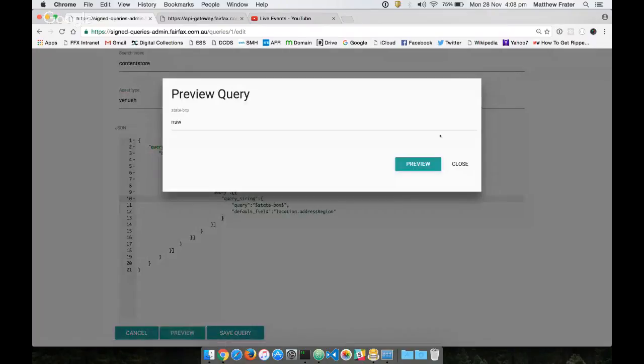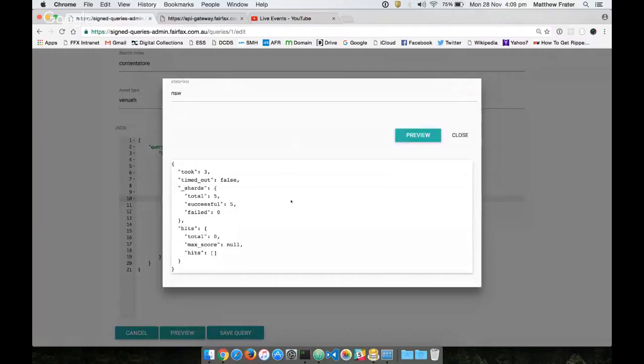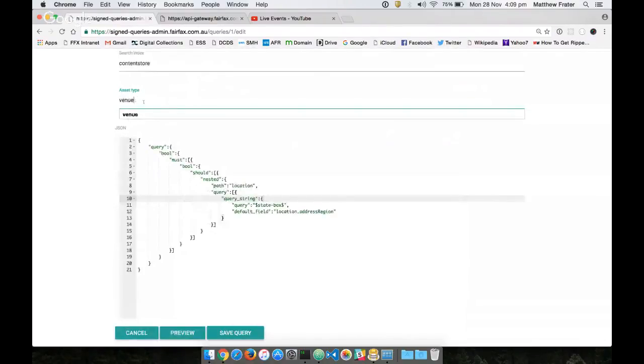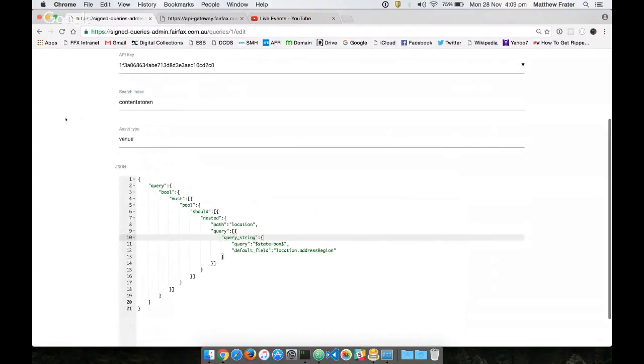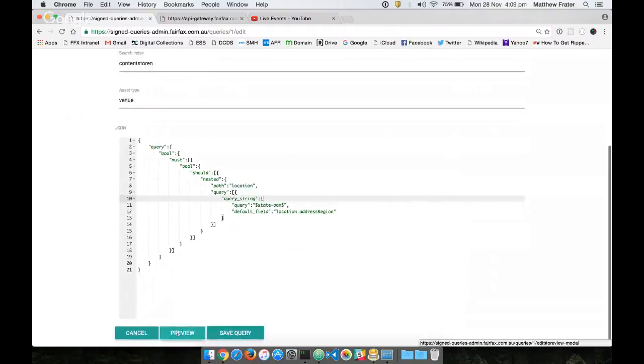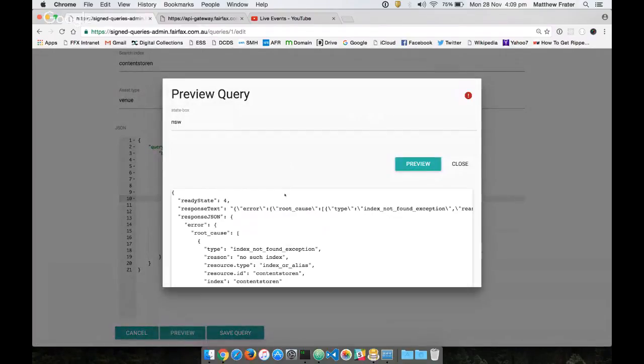Now, obviously, because this contacts Elasticsearch directly, if I mistype things, let's say I have a character on the end of venue, I preview that. Now that is going to bring me an empty data set back because there's no asset type called venueh. Likewise, if I get my search index wrong, there's an incorrect character in there or something like that, if I then preview that,